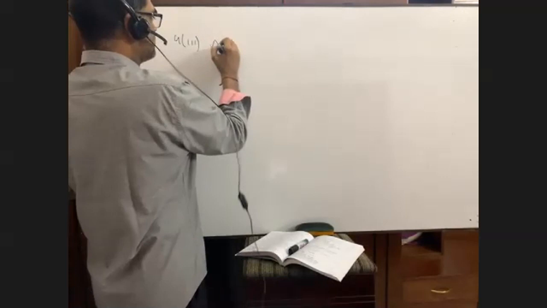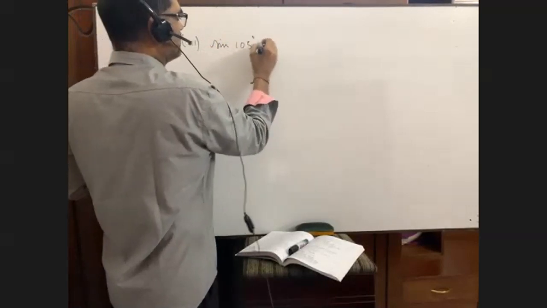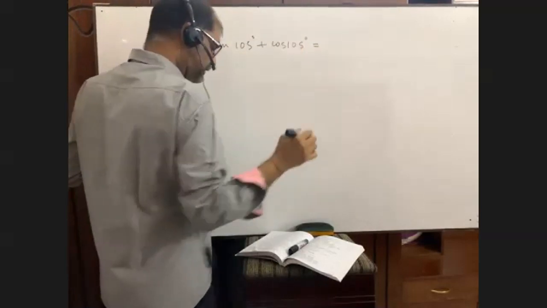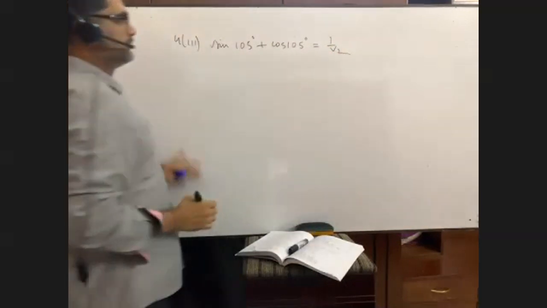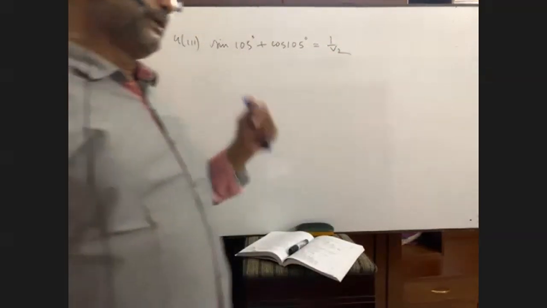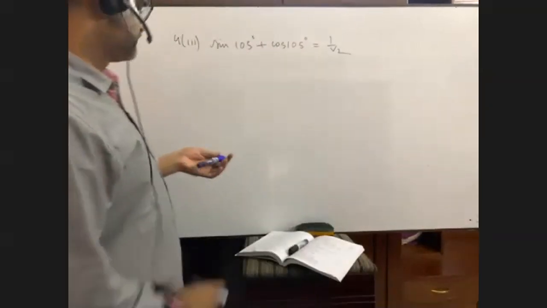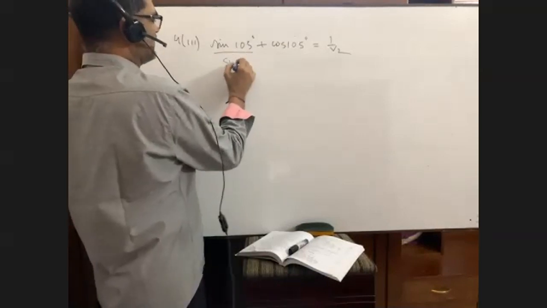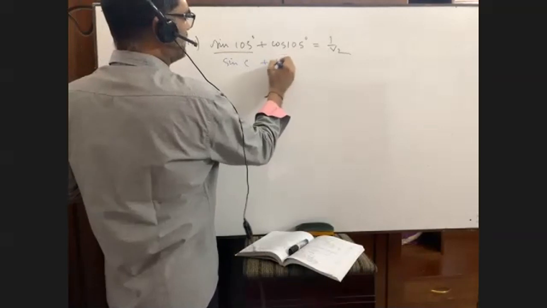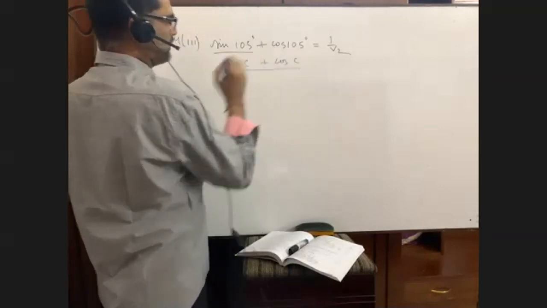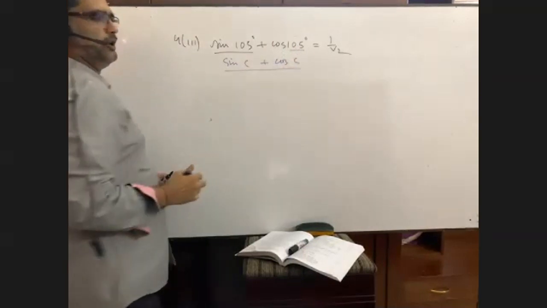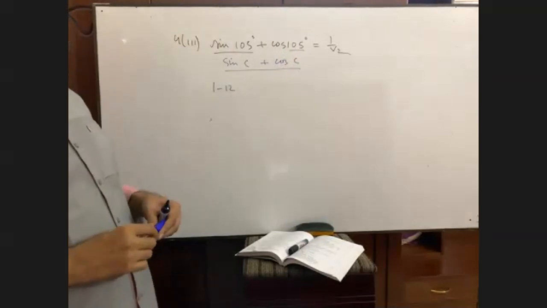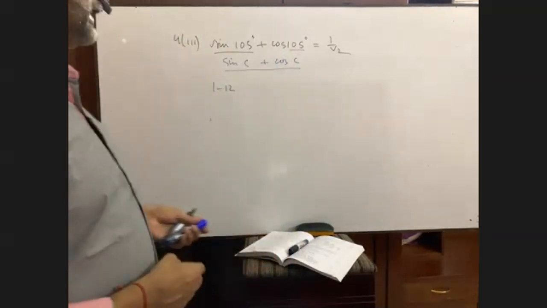Okay, you have to prove that sine 105 degree plus cosine 105 degree is equal to 1 by root 2. Who can do this math? You just listen to me. There is no formula of sin C plus cos C. Suppose it is sin C, same angle C, plus cos C. We don't have any formula. This angle is the same. Have you seen? We don't have any formula from 1 to 12 or anywhere in trigonometry. So can we do this math?